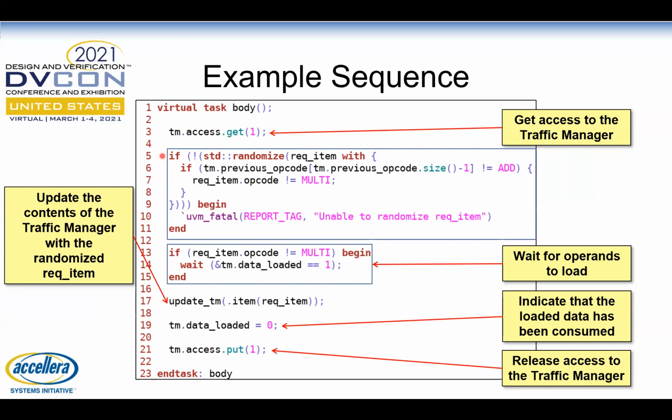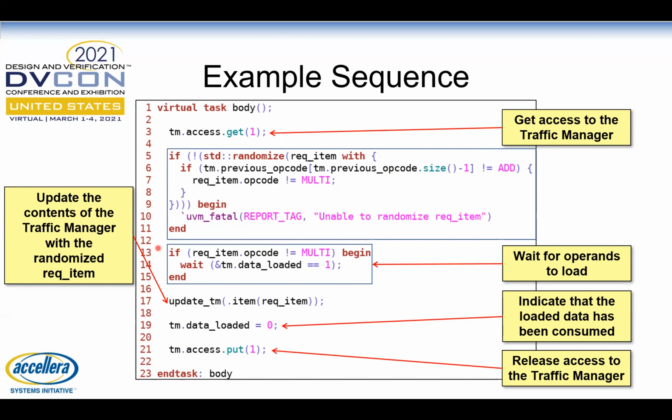Recall that one of the requirements is that multiply operations are unique and can only be sent following an add operation without loading new data operands. To apply this requirement, the operand sequences would access the traffic manager's previous opcode queue and observe if the previous operation was an add, as it's done up here on line 6. If an add was just sent, then and only then is it legal to send a multiply operation. Next, on line 13,